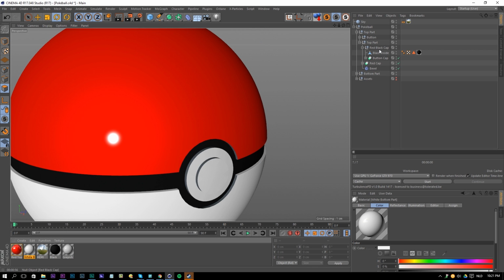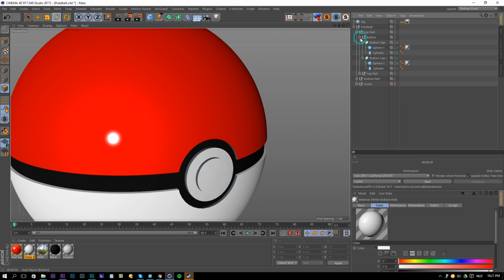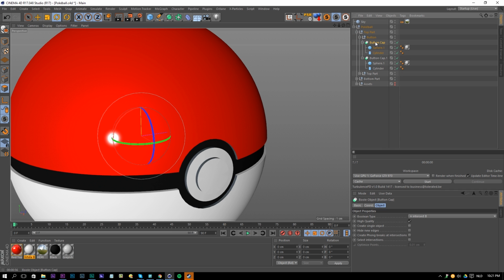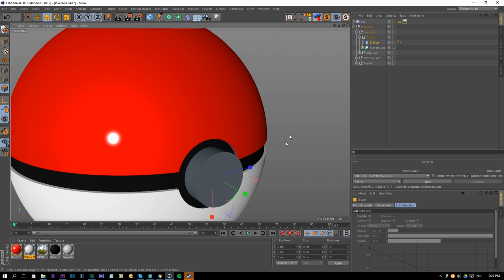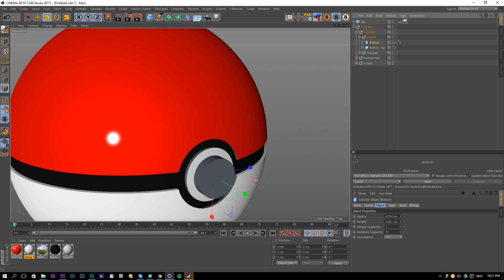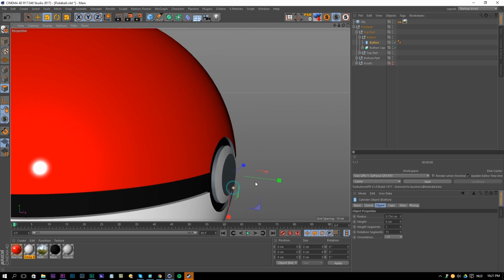And then another thing that I will do that I didn't do in the modeling part, but if you have followed the modeling part of this tutorial, I will just delete this button here. I'm not sure which one that is. I'm actually going to delete this one, and I'm going to copy this one out of there. And actual button, press button or whatever. And I'm going to scale it down just because I really don't like that we can't see any bevel on there. So I'm going to scale it like this, and there we go.